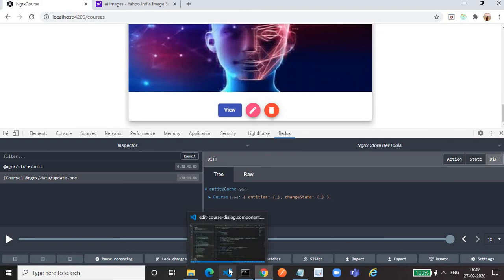So, are you getting it? We can observe this advantage of using NGRX data. If you have watched my day 3 videos, in which I did all these CRUD operations using the entity approach, there we have to write a lot of code: reducer, selector, action, effect, all these kinds of things. But in the data approach, we don't have to write all those things. Neither action is needed, nor reducer, nor effect, nor selector. We just have to call the appropriate method in the entity service.